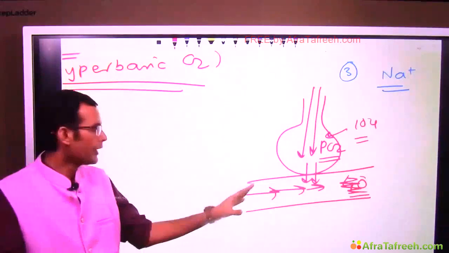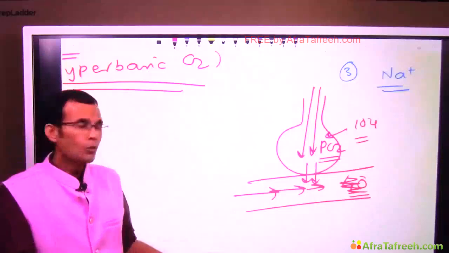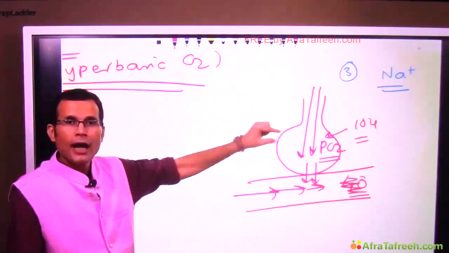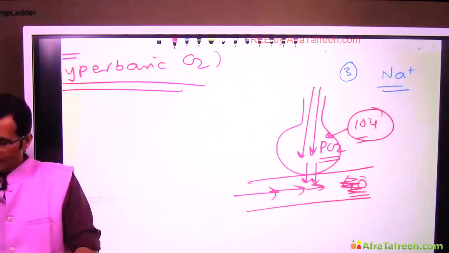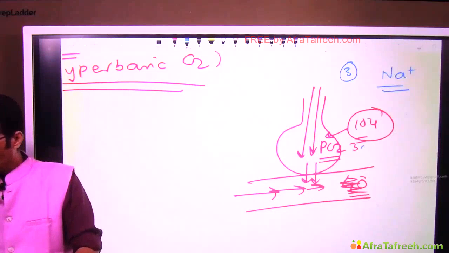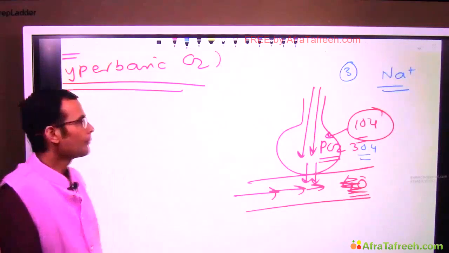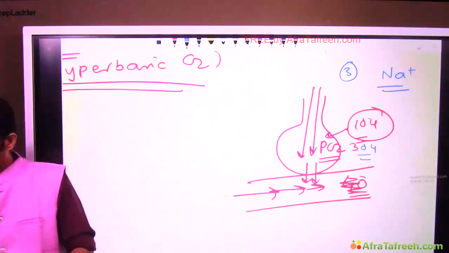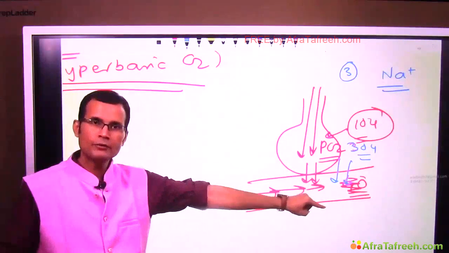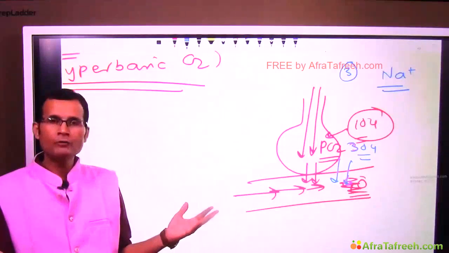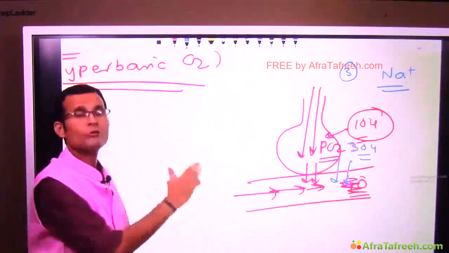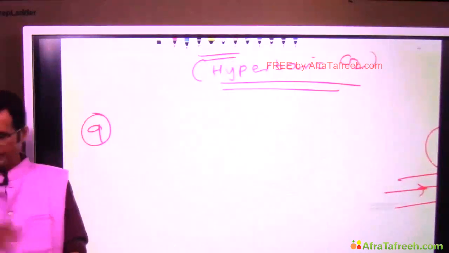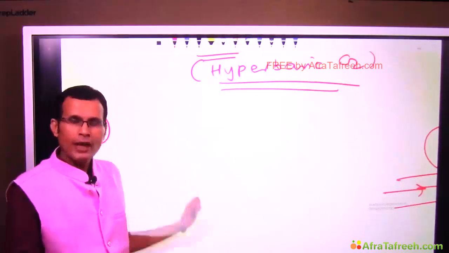This was one pressure gradient normally, and now I give hyperbaric oxygen, and instead of 104 in the alveolus, it becomes 304. Let's just take some hypothetical figure. So 304 to 40, this side of the membrane, the pressure gradient has widened, increased. The gas will diffuse faster, the oxygen will diffuse faster. Just an example. Okay, last factor is